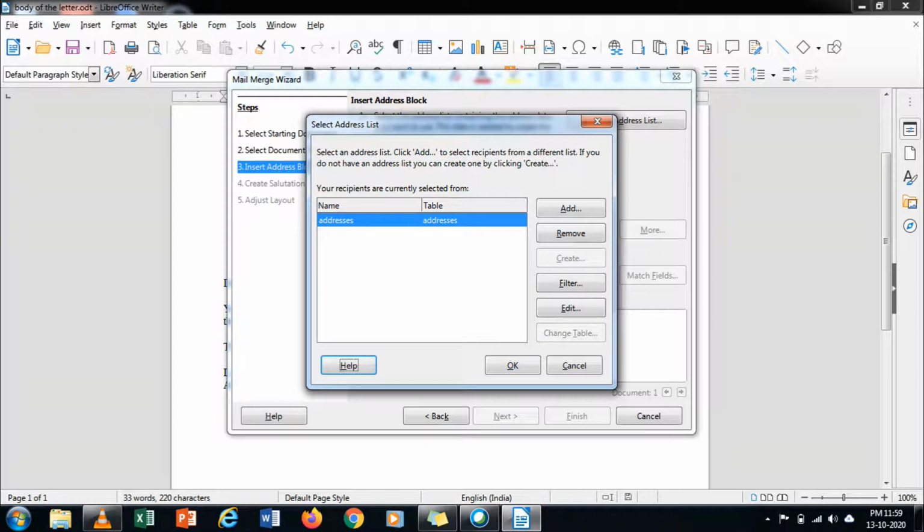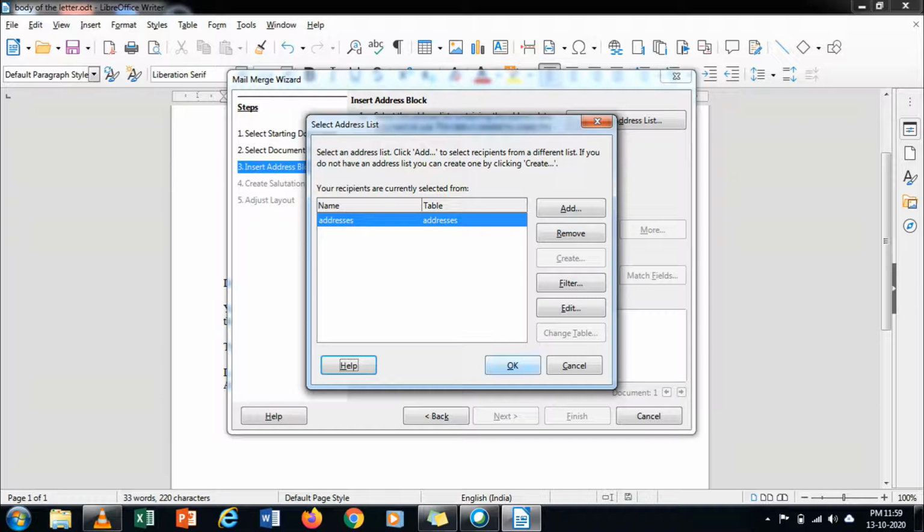After clicking the OK button, you will move to step 3 of the Mail Merge Wizard. In step 3, an Insert Address Block window will appear, which will show the address block as shown in the video. Click on the Next button.